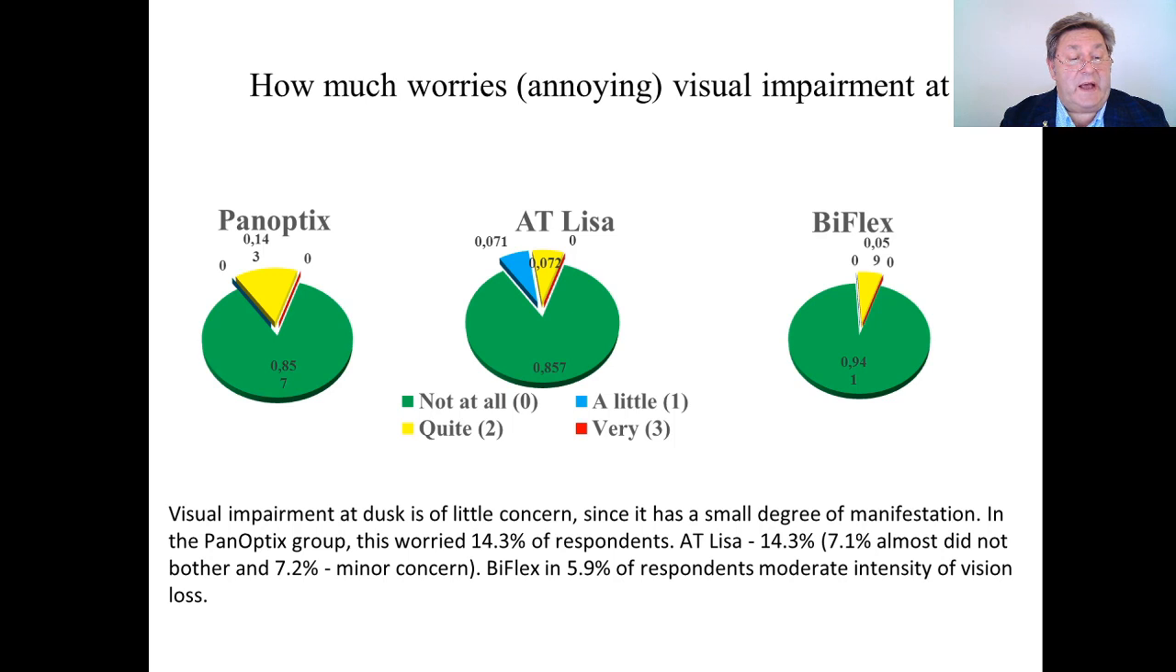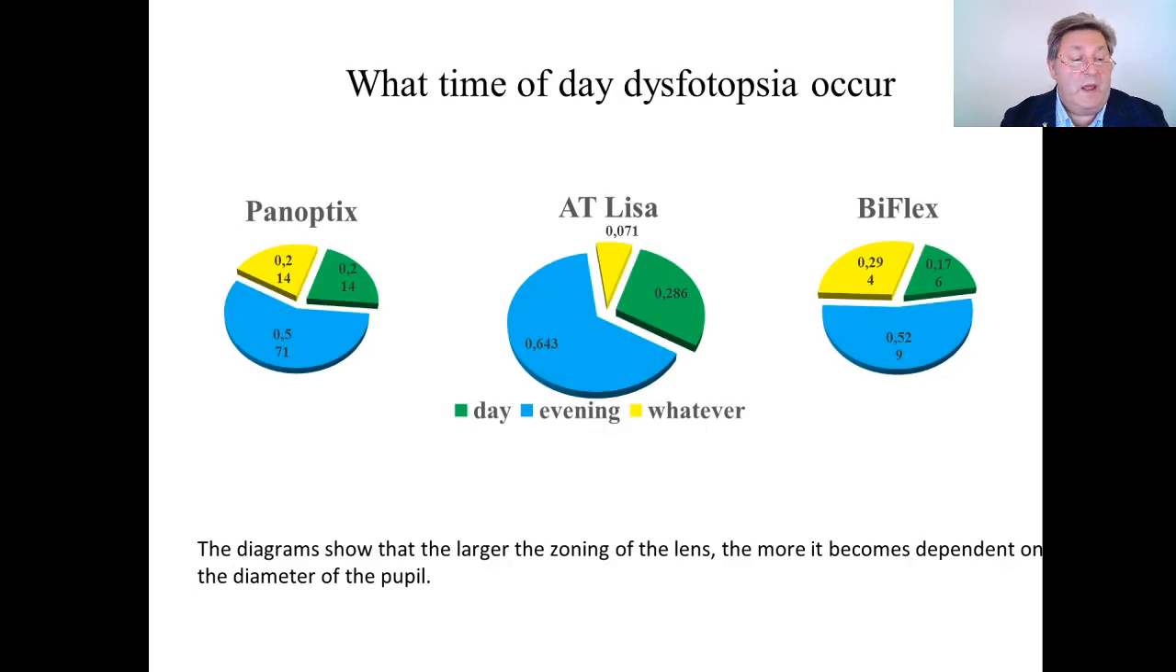Visual impairment at dusk is of little concern, since it has a small degree of manifestation. In the Panoptics group, this worried 14% of respondents. At At Lisa, 14%, the same, and 7% almost did not bother, and 7% minor concerns, and B-flex only 6% of respondents moderate intensity of vision loss. The diagrams show that the larger the zoning of the lens, the more it becomes dependent on the diameter of